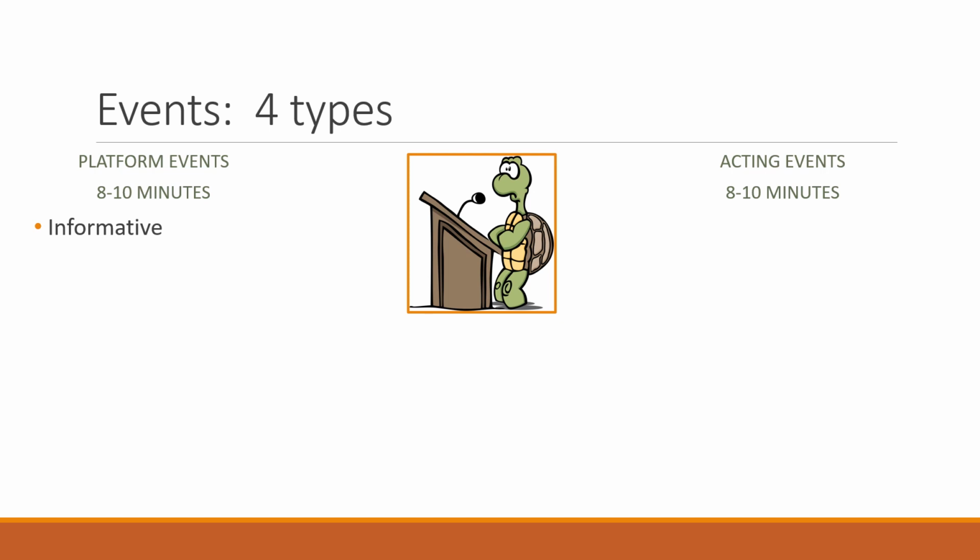So the first platform speech is called an informative speech. An informative speech is exactly as it sounds. It is a speech meant to inform somebody on some process, concept, idea. Usually, informative speeches in competition tend to deal with cutting-edge technology, other current events issues that are important. They might deal with psychology, they might deal with sociology, but they're usually pretty specific,